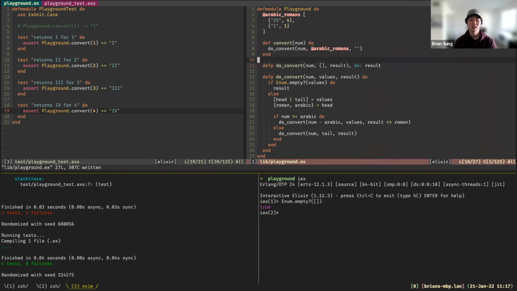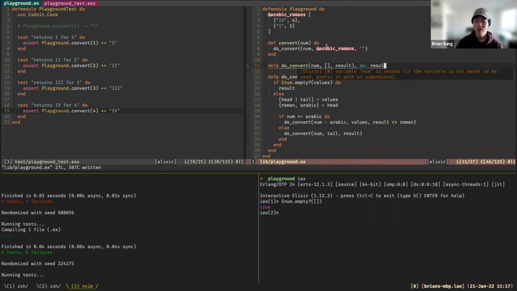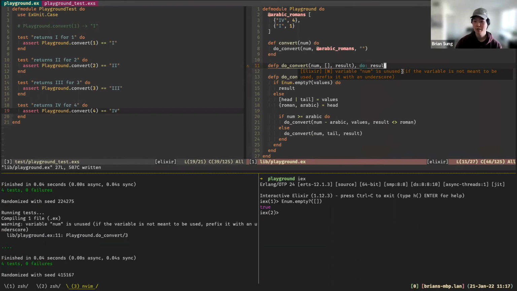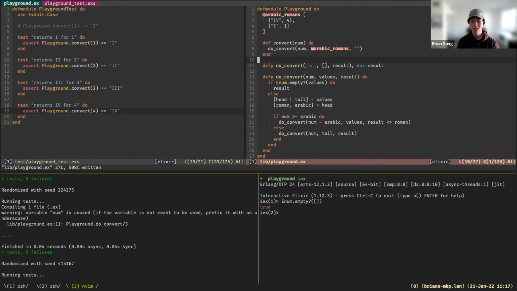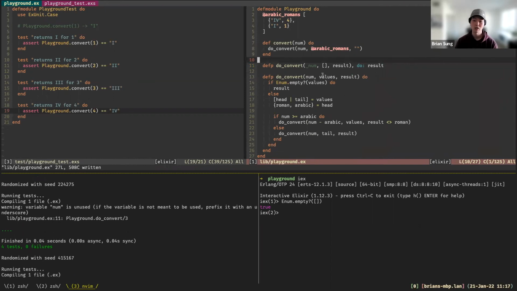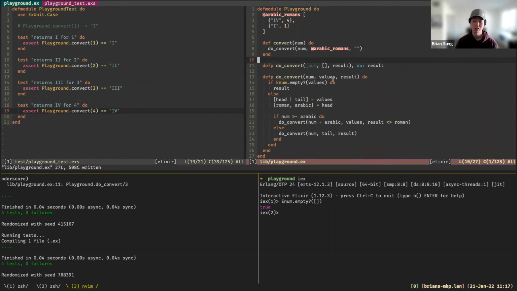And then it's going to complain at me because I'm using this variable num, or I'm not using it, and it suggests to prefix it with an underscore. That's also the convention to do in Elixir. If you're not using any of the variables, just prefix it with the underscore.